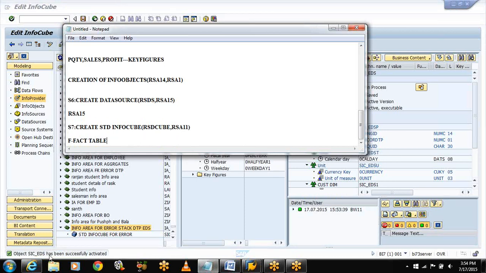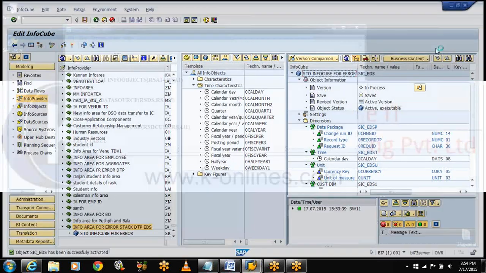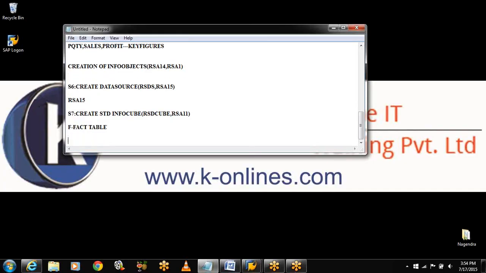See here, object SIC_EDS has been successfully activated. We will have one E fact table and one F fact table.